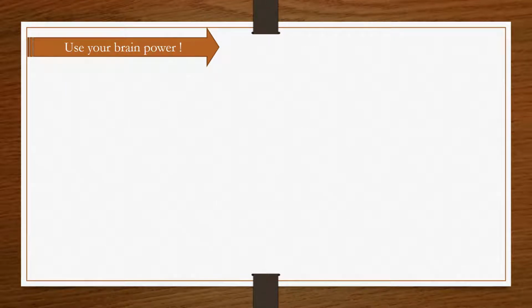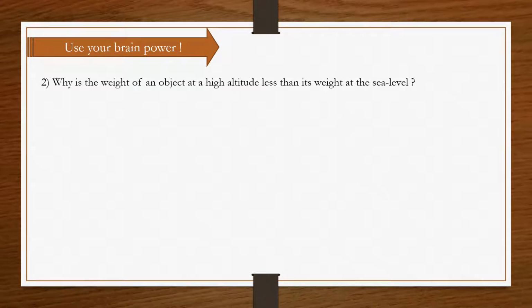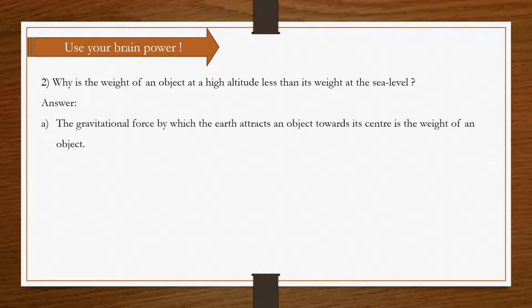Now the next question is, why is the weight of an object at a high altitude less than its weight at the sea level? Yes, the gravitational force by which the earth attracts an object towards its center is the weight of an object,